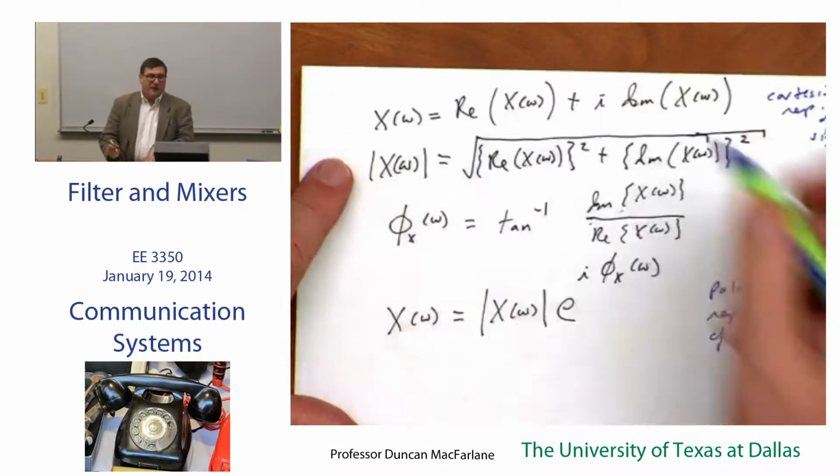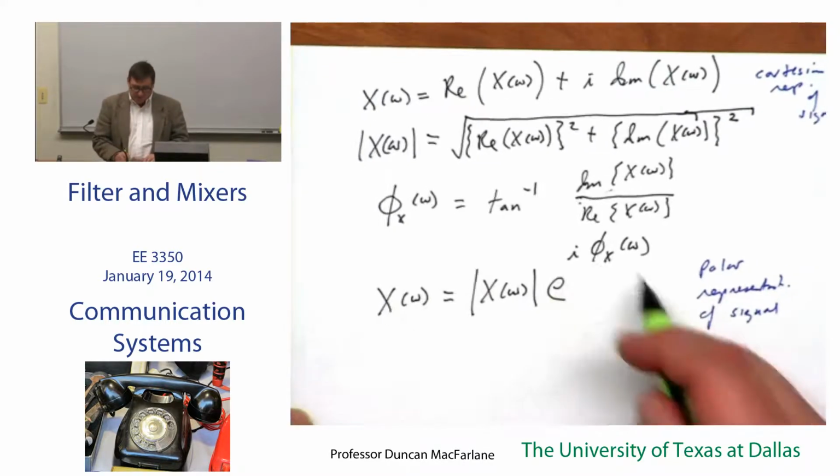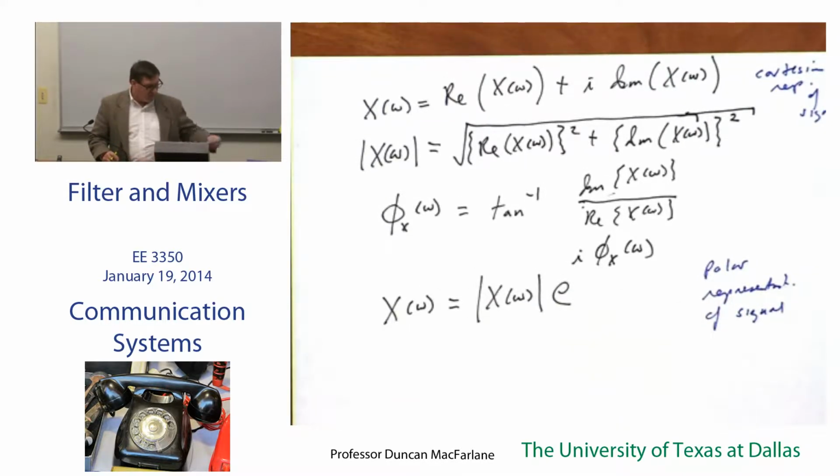So this is what you're going to get out of the Fourier transform more than likely, because the e to the i omega t kernel will break up into a real part and an imaginary part. And this might be a more useful way of thinking about it. And the reason for that